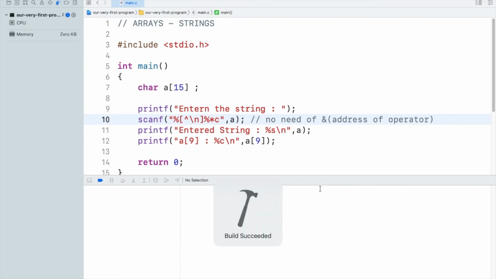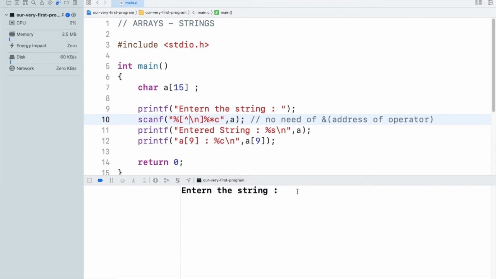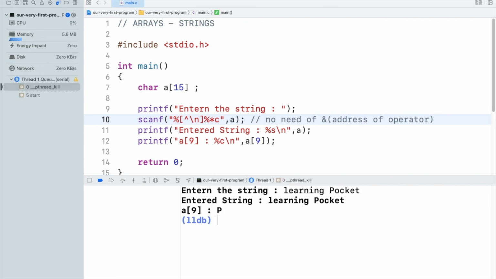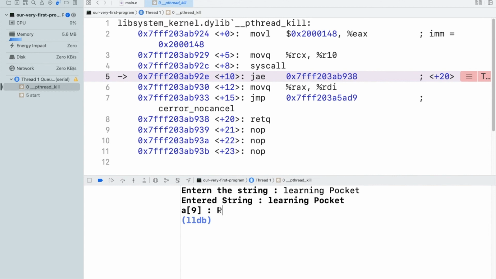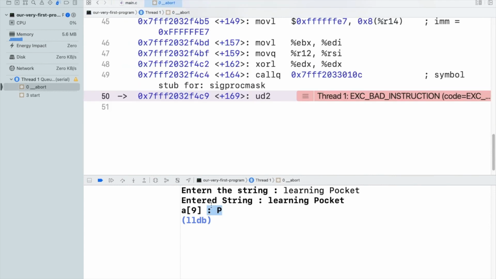So let's see if this is working for us or not. So it is working for us, and we are getting p as the result.